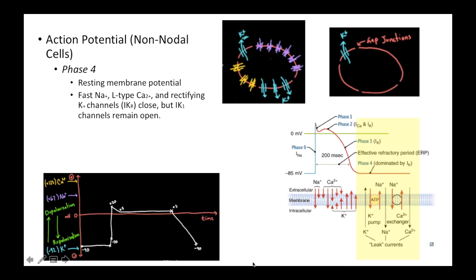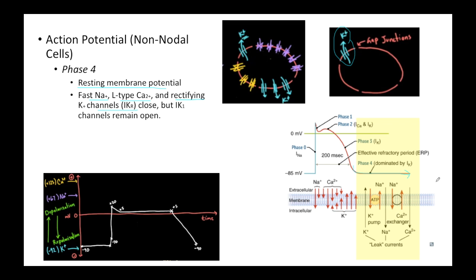And last for these guys, we have phase 4, when we return back to our resting membrane potential. The fast sodium, the L-type calcium, and the rectifying potassium channels close, but our regular potassium channels remain open like they have been the entire time. They no longer have to worry about all this other stuff going on. So we're just back to this regular